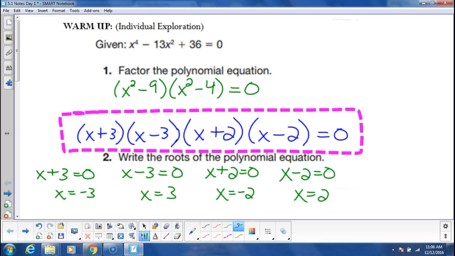So my 4 answers, because I need to get 4 answers, are plus and minus 2